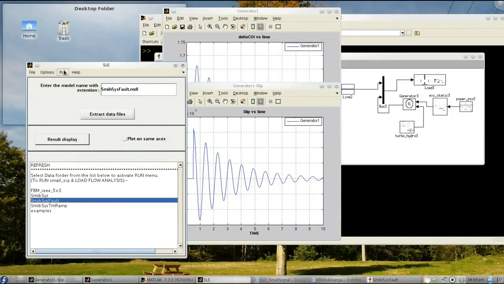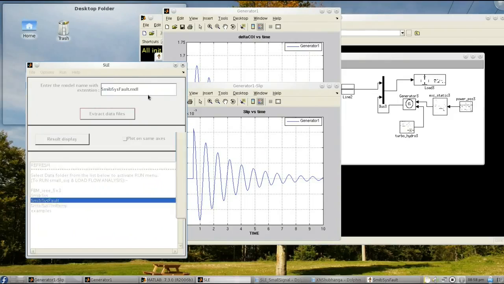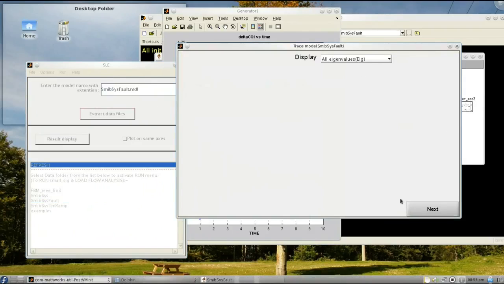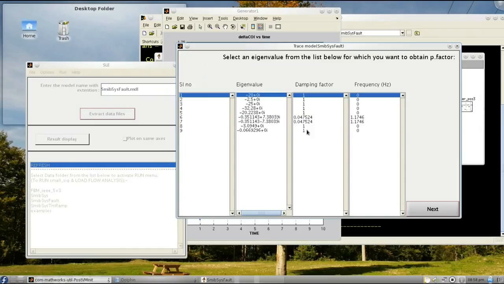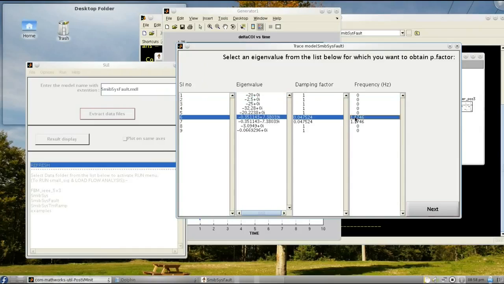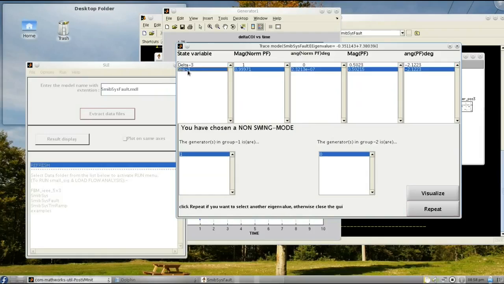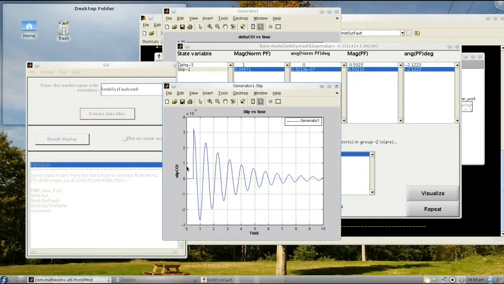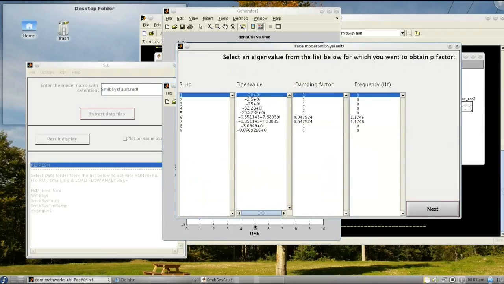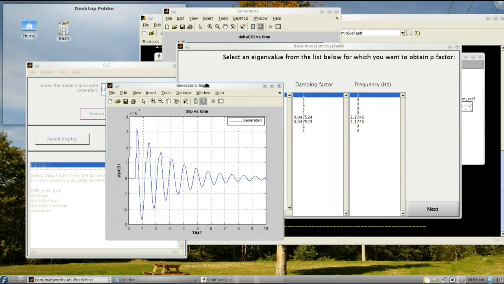So let's perform the eigenvalue analysis. The program again does the participation factor for a selected mode, and now it ensures again the participation of the mode in slip and rotor angle.